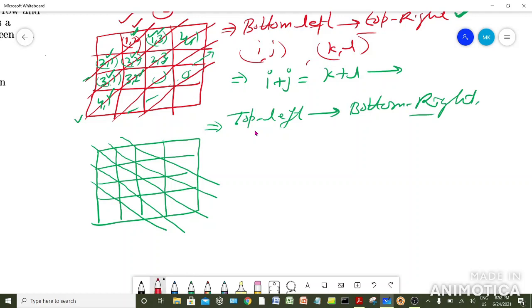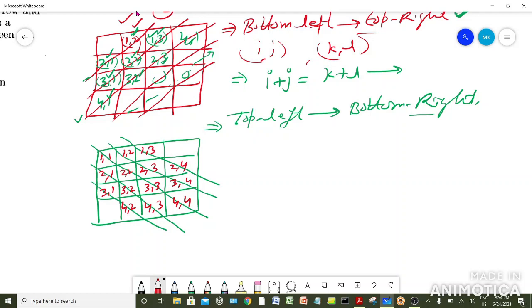Now try to write the arguments for each box. So this is your 3 1, this is 4 2. Done. Now move to this one. This is 2 and 1, this is 3 and 2, this is 4 and 3, this is 1 and 1, this is 2 and 2, this is 3 and 3, this is 4 and 4. Fine. This is 1 and 2, then 2 and 3, then 3 and 4. In the same way, 1 3 and 2 4.